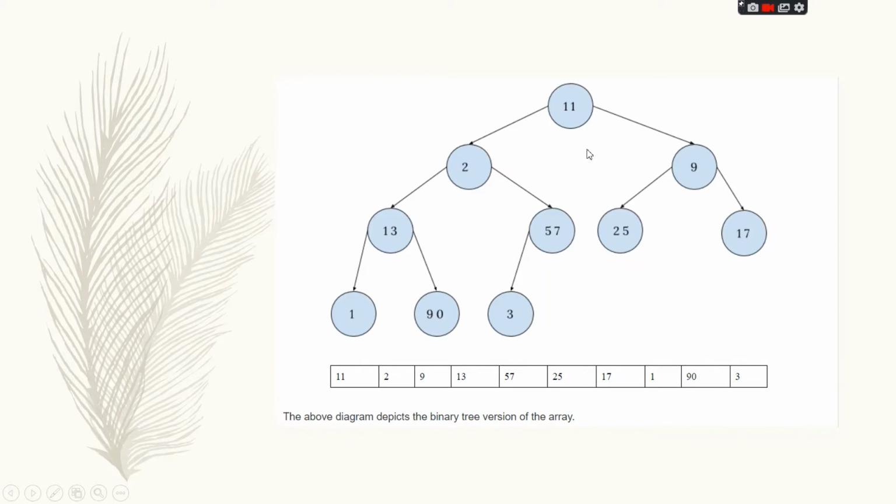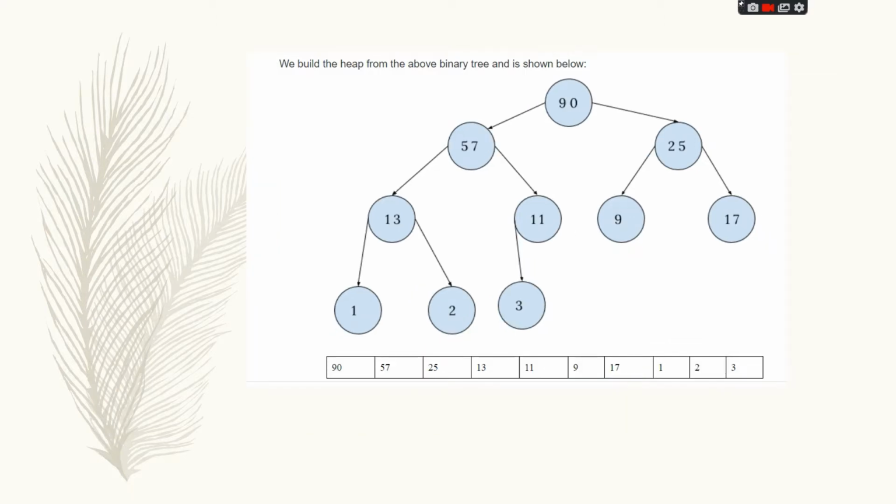So the format is first the parent or root node, then the child nodes, then the subchild nodes, then its derived nodes. This is the binary tree version of the array.